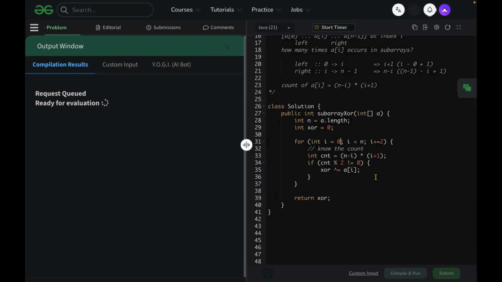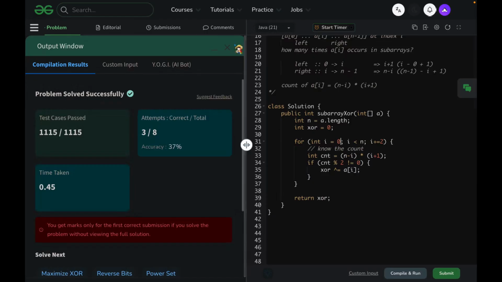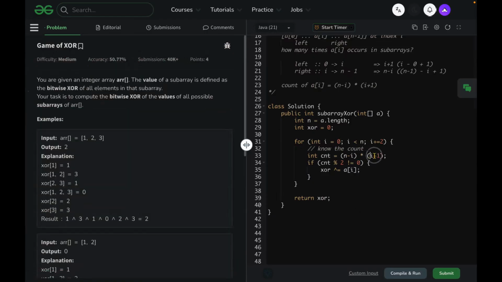And once I submit this, oh, cool. So 0 plus 1 was an odd number, and if 0 was any odd number, then obviously this value would be even, which we don't want. So we started from 0 and we incremented by 2. Again, we can go ahead and check the length as well. If the length of the array is even, we can go ahead and just return it. Again, these are minor optimizations,